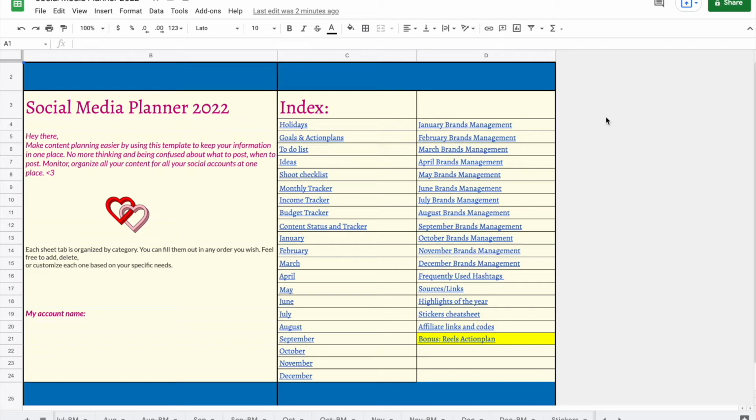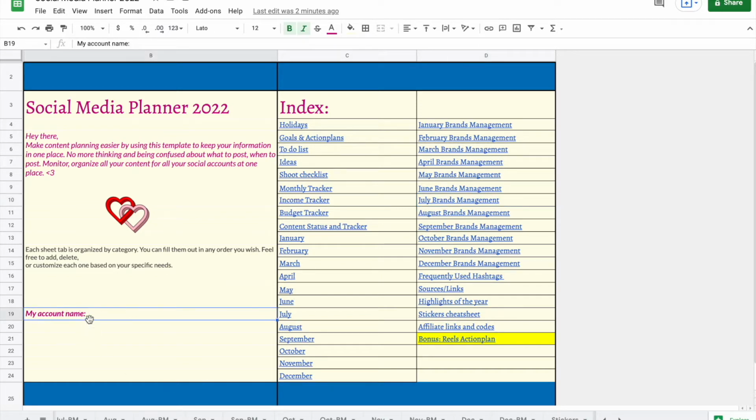Hi guys. So in this video I just wanted to give you a few tips and tricks to use your planner efficiently and not waste time figuring things out. I made this video to help you with certain tips or tricks which will help you use this planner more efficiently and make the whole process smoother.